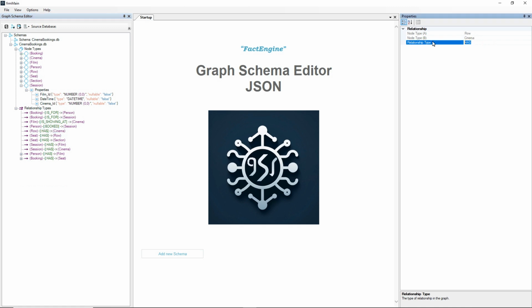So a row is in a cinema, a seat is in a row, a seat is in a section, like gala or public or deluxe section, something like that. So a seat is in a section, and a session is for a film, and a session is at a cinema,